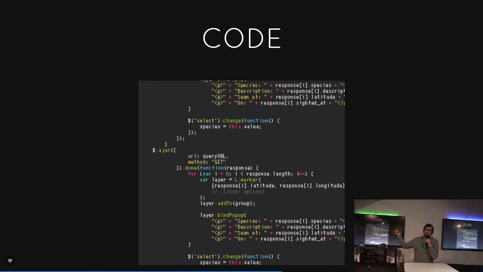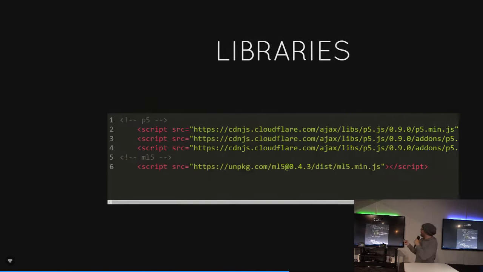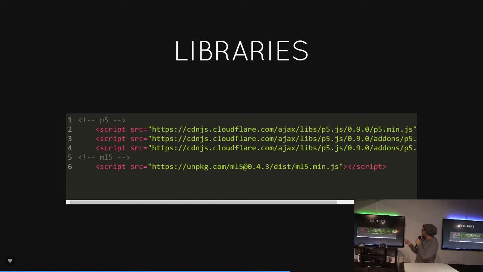So the code. Here's all the code. Go ahead and read it. Just kidding. I just don't usually like reading code, so it's a passive-aggressive move on my part. Loading all this stuff is just like any other web page. It comes from a CDN, and I'm loading this just like I would Bootstrap or Axios, any other framework I'm going to load on a web page. These are on Cloudflare, and the first three are P5, the DOM manipulation I use to make the page. The last one is ML5, the machine learning JavaScript framework that runs TensorFlow. Those are just thrown in the head.